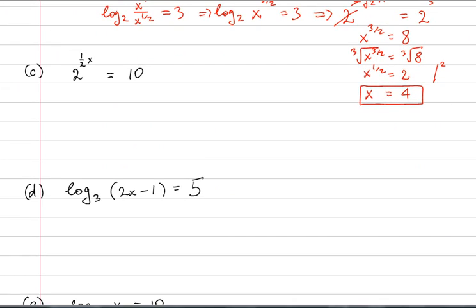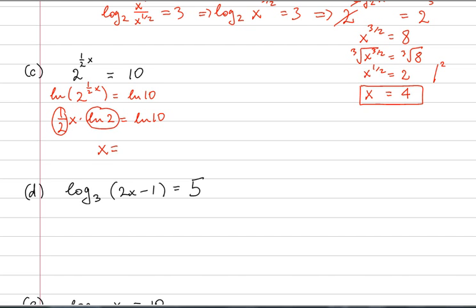Next problem is an exponential problem, so what we do is apply ln to both sides. So ln of 2 raised to 1/2 x equals ln of 10. The exponent comes out of the logarithm, so this becomes 1/2 x times ln 2 equals ln 10. So now ln of 2 is a constant, so we'll divide by this constant in order to obtain the solution for this,